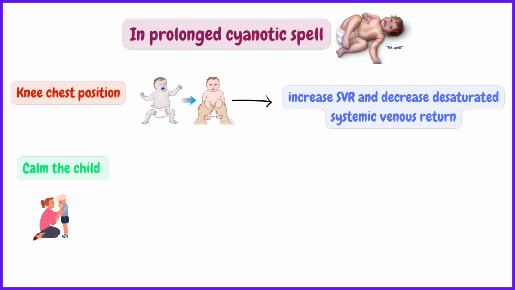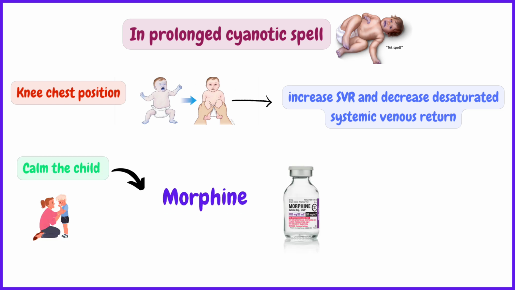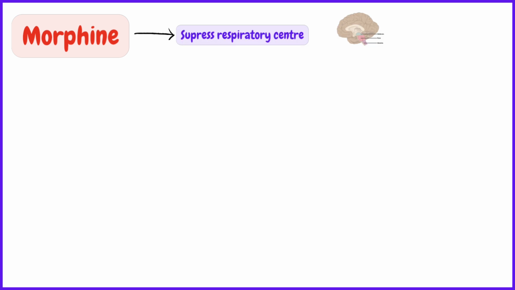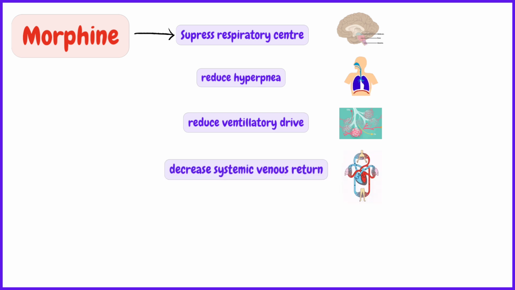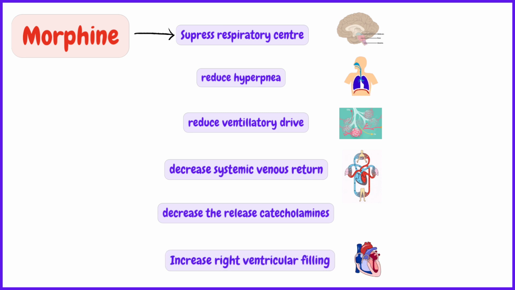Calm the child. The ideal sedative is morphine. It causes respiratory center suppression and sedation, thereby reducing hyperpnea. It reduces the ventilatory drive and decreases systemic venous return. This will decrease the release of catecholamines, increase the period of right ventricular filling by decreasing the heart rate, and